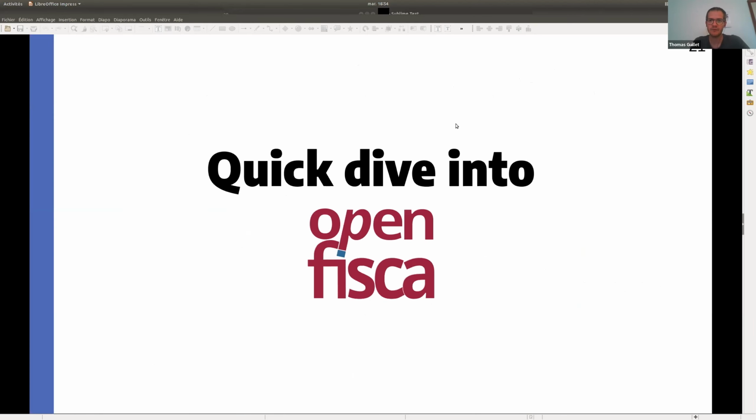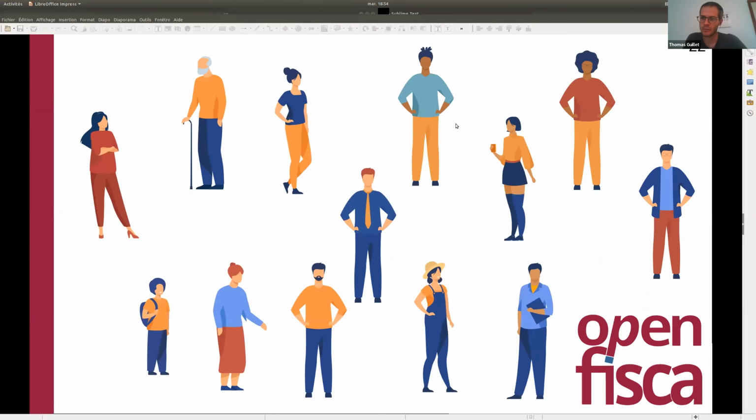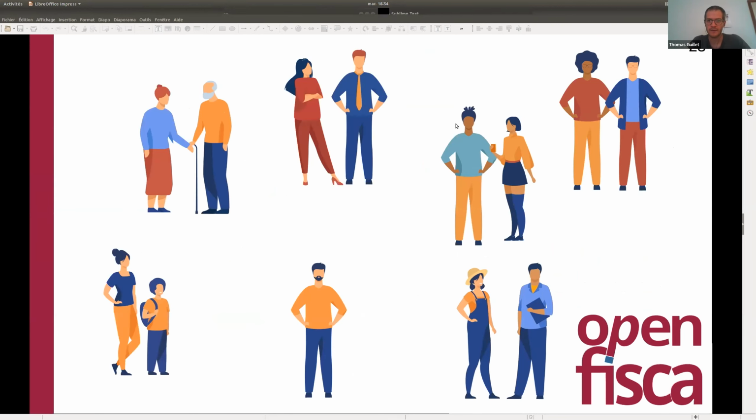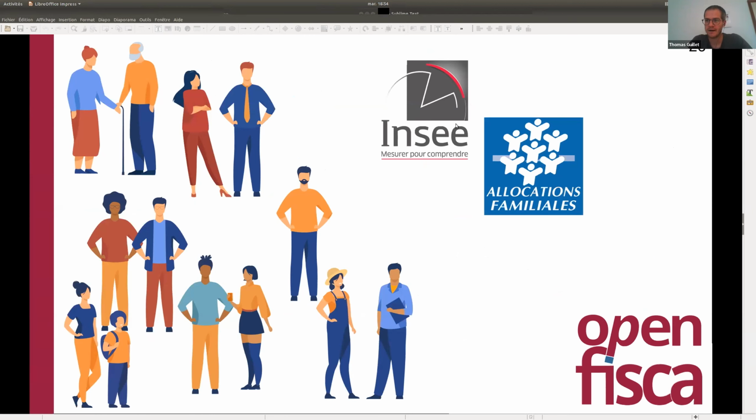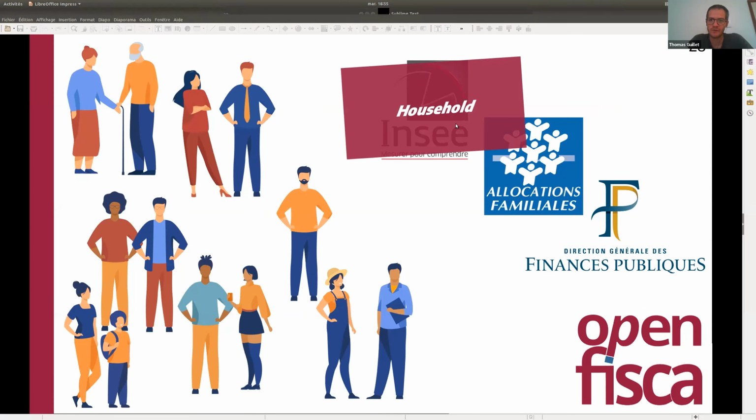And in that presentation, I wanted to show you a quick overview of Open Fisca and how it's working. I think it's a bit linked to the previous demo you had, but I think it's good to show you a different way things can be modeled. So the key things in Open Fisca are individuals. And with Open Fisca, what we do is gather people in groups that are key for the French administration. And as with every administration, every government, there is quite a lot of complexity. So we've got different administrations with a different perspective on how people should be gathered.